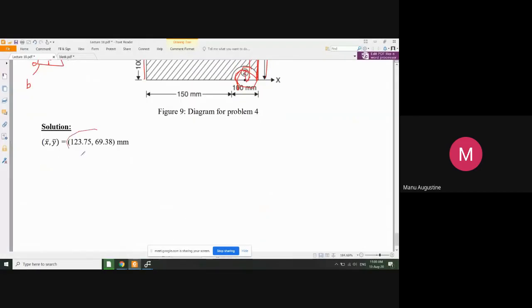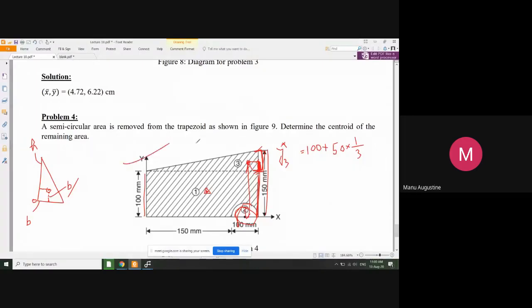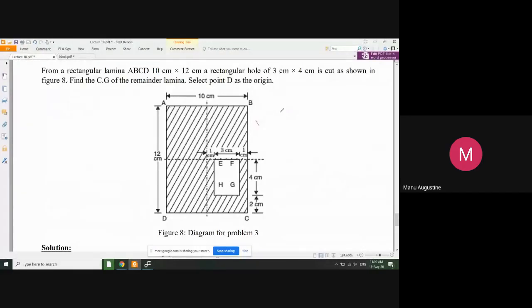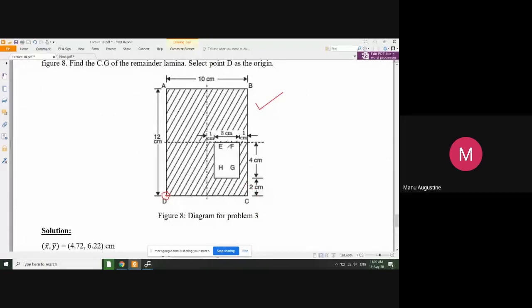with this or not. ये आंसर करेक्ट है, मैंने चेक किया है, तो आप लोग एक बार इसको करके चेक करें। ये क्वेश्चन पूरा करना है सबको, नहीं होता आपस में डिस्कस करें या मेरे से फोन करके पूछें। आई विल क्लैरिफाई इट टू यू एनी टाइम, यू कैन कॉल बिफोर 8 PM एट नाइट। ठीक है, 8 बजे से पहले कभी भी रात में फोन कर लो, आई विल बी अवेलेबल टू यू। उसके बाद ये प्रॉब्लम भी सॉल्व करो। टेक पॉइंट डी एज द ओरिजिन, ये इसमें दे रखा है। ठीक है, ये तो आसान है, अगर आपने ये कर लिया तो फिर ये तो बच्चों का खेल है, इसमें ये मिसिंग एरिया है।